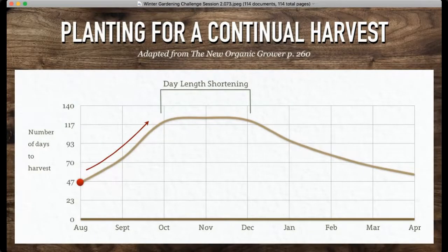But anyways, Elliot Coleman was the pioneer in North America in doing winter growing, and we highly recommend his work on that. So